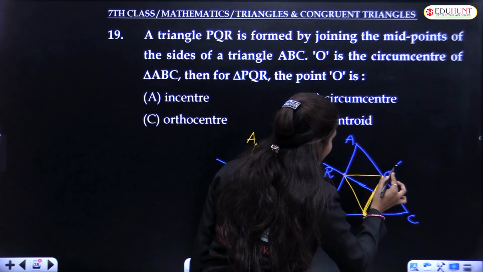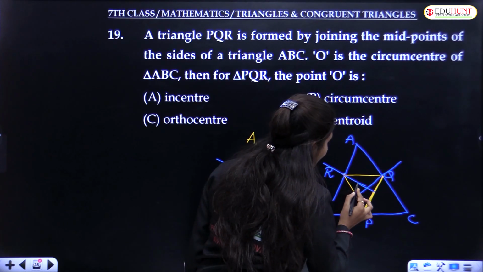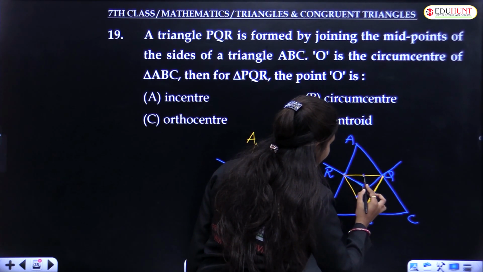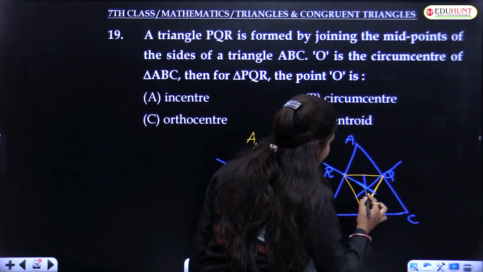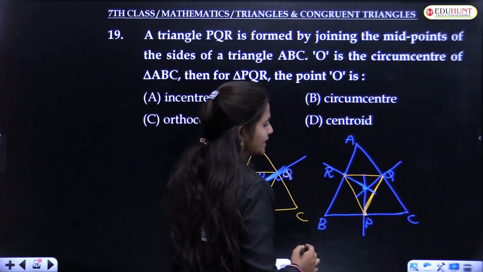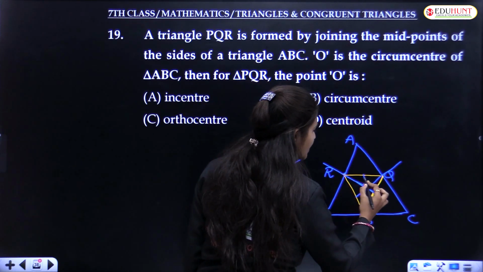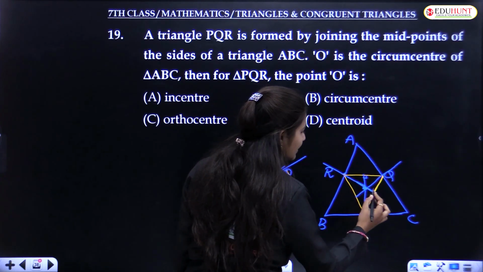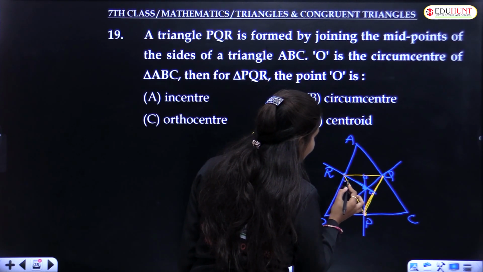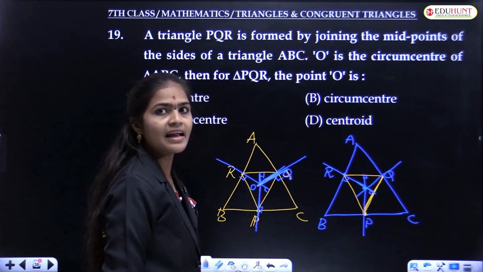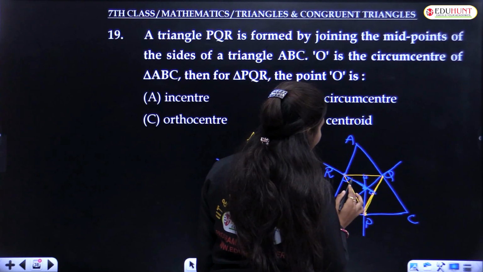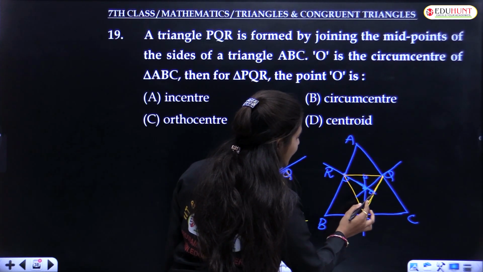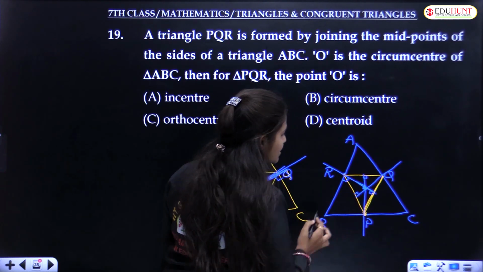Here I am drawing another perpendicular bisector, and here another perpendicular bisector. So this is the concurrent point. When you observe that these three are the perpendicular bisectors, at that point on the opposite side it makes a 90 degrees angle only, no? So here we can observe that this is 90 degrees, this is 90 degrees and this is also 90 degrees.